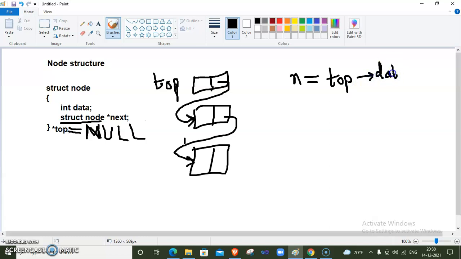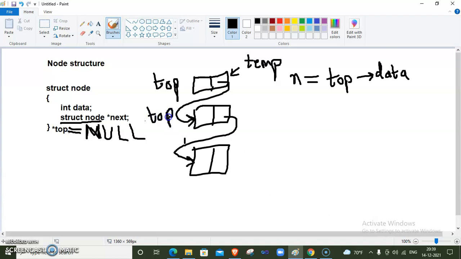Then we declare one temporary node pointer and assign temporary equal to top. Now there are two names for this node, one is top and another is temporary. Now we update top as top equal to next of top, which means our top goes to here.